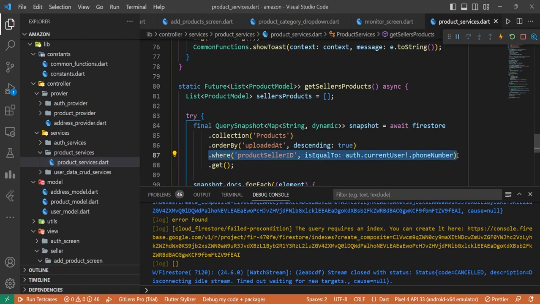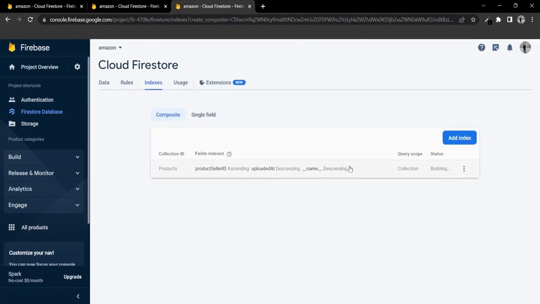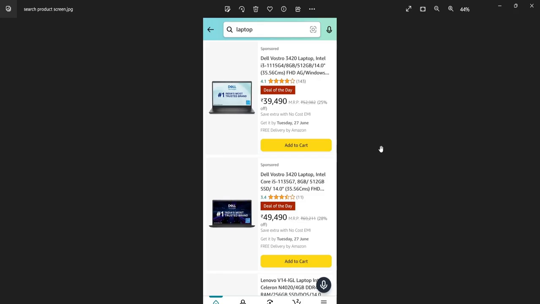It will only give us the seller's data, not everyone's data. So since there are multiple queries, that's the reason we have to build that query in our Firebase. Nothing else. For a single query, we don't need to build these queries, but for multiple queries, we do need to. So let's wait